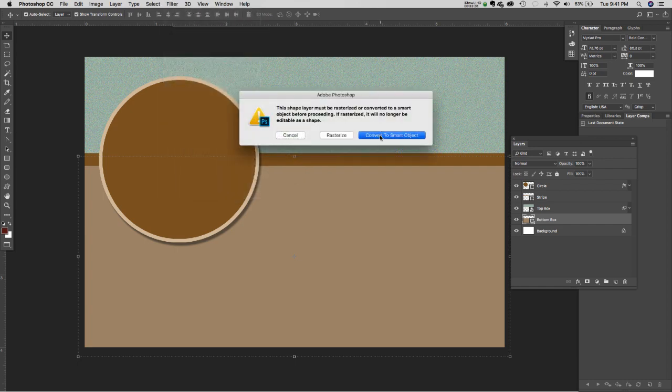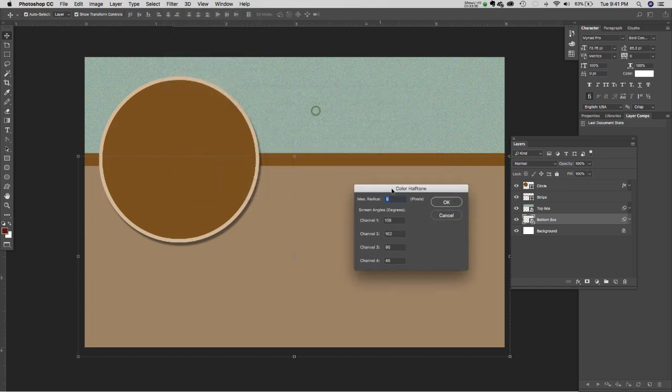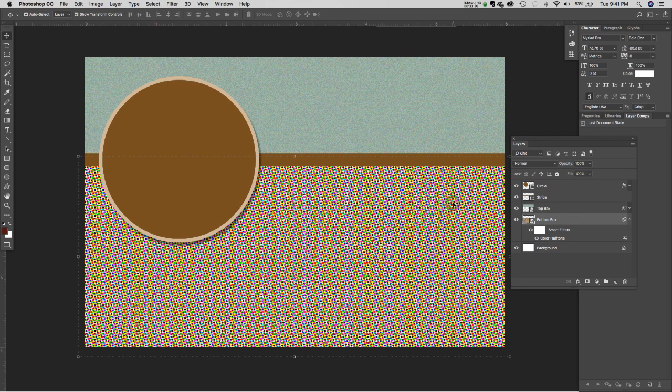Same thing, convert to smart object. You'll see the max radius, everything. I'm just going to hit OK and let's see what happens. Oh boy, that's a little too much, huh? Now, it's up to you if you want to keep it. If we want to get rid of it,